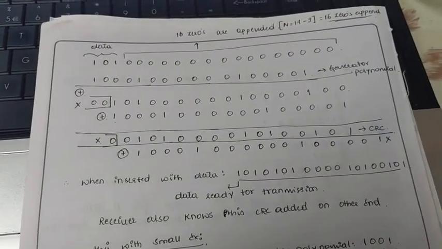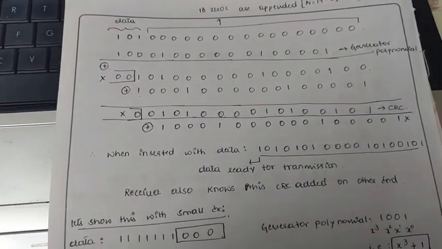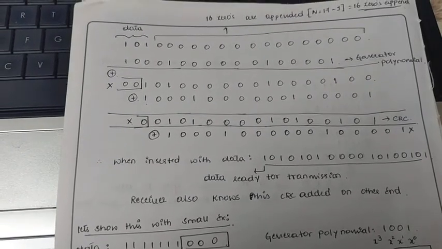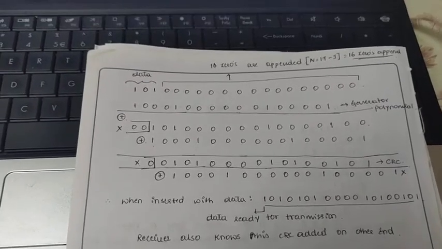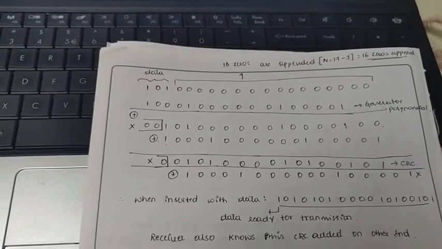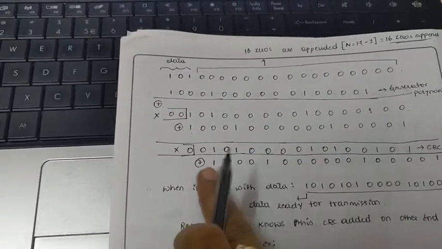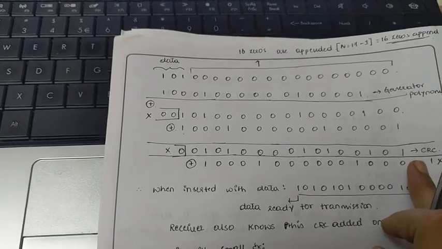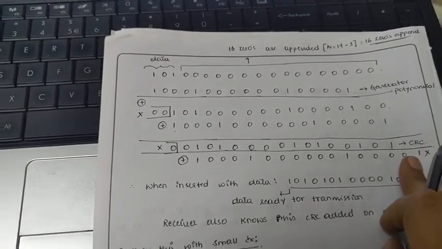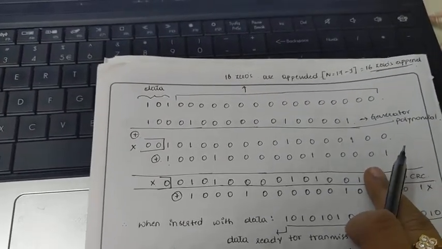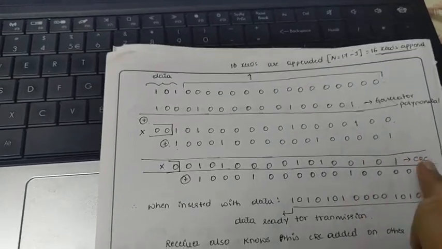The XOR operation is to be done until we get 16 bits. However many bits we inserted as 0, that many bits we should get as the output. Up to that we should do the XOR operation. Here we are not getting 16 bits, we are exceeding, we are coming outside of this, so there is no need to perform an XOR operation here. Up to the previous result only we should stop. That is called the CRC.